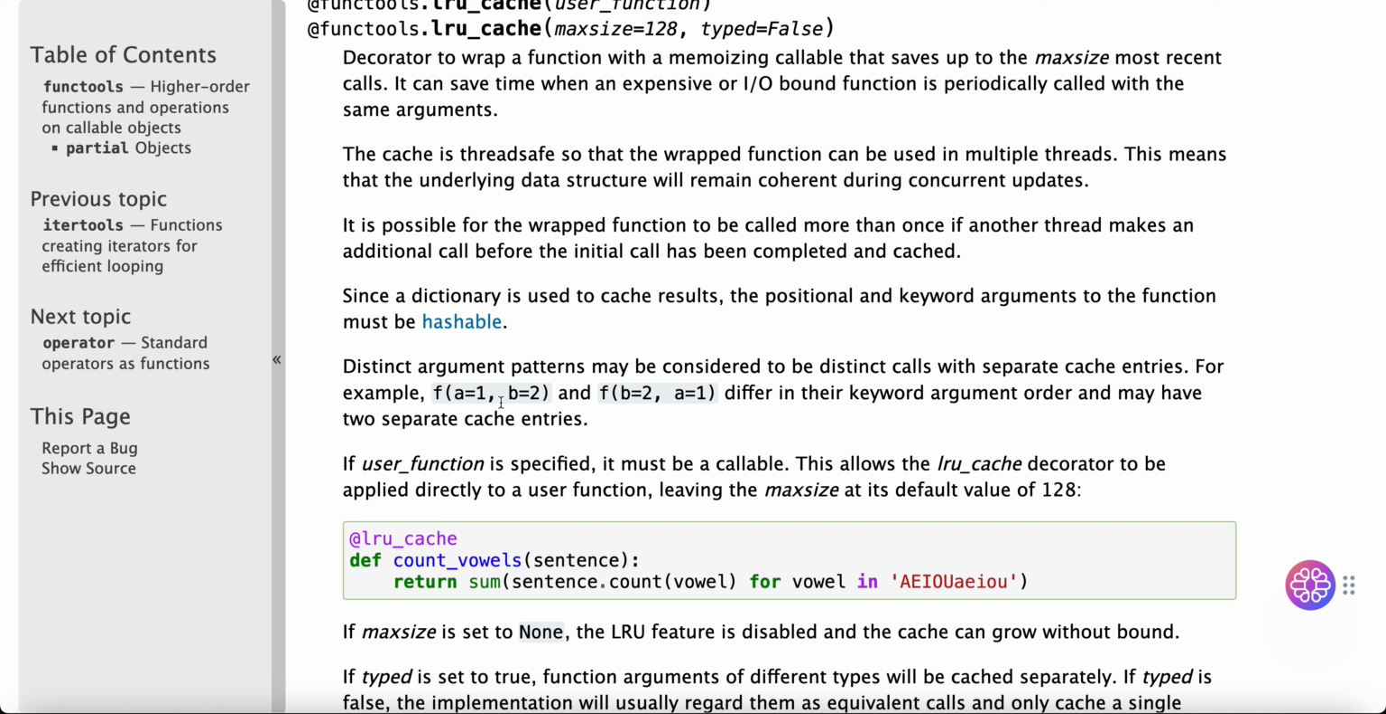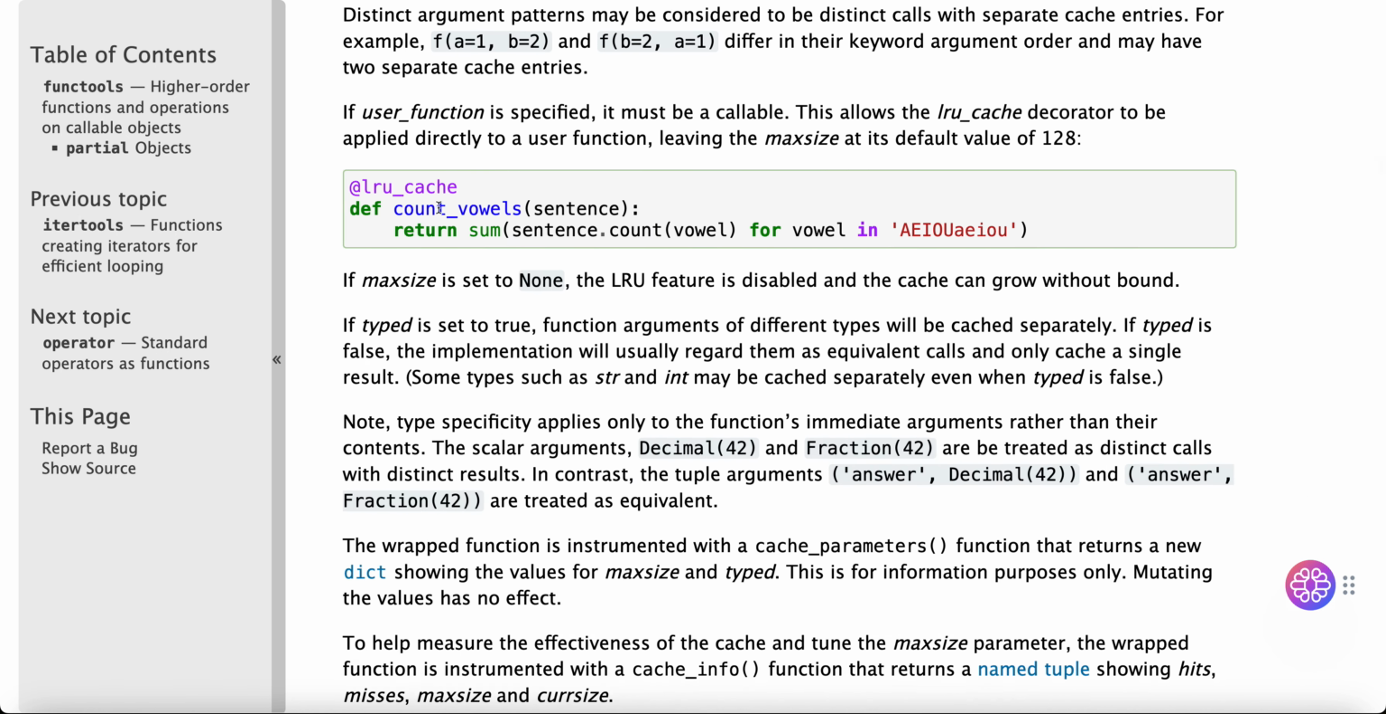For example, f(a=1, b=2) and f(b=2, a=1) differ in their keyword argument order and may have two separate cache entries. If a user function is specified, it must be a callable. This allows the lru_cache decorator to be applied directly to a user function, leaving maxsize at its default value of 128. @lru_cache def count_vowels(sentence): return sum(sentence.count(vowel) for vowel in 'AEIOUaeiou')